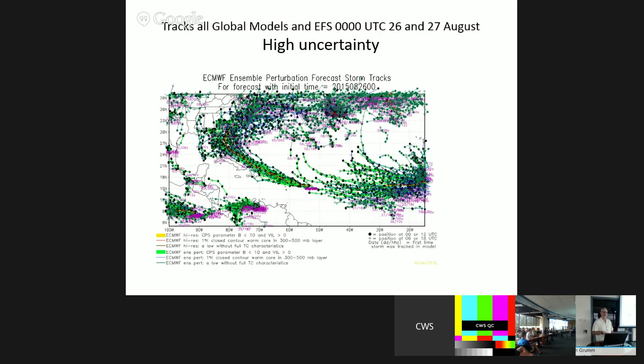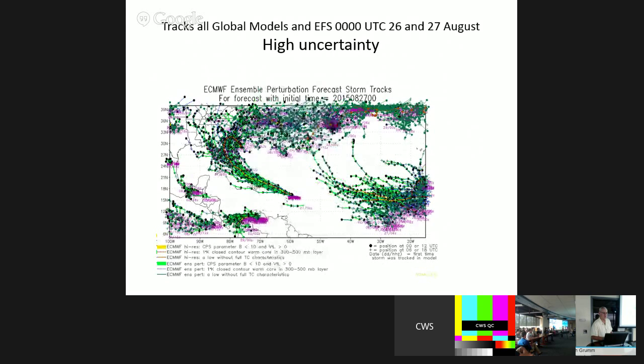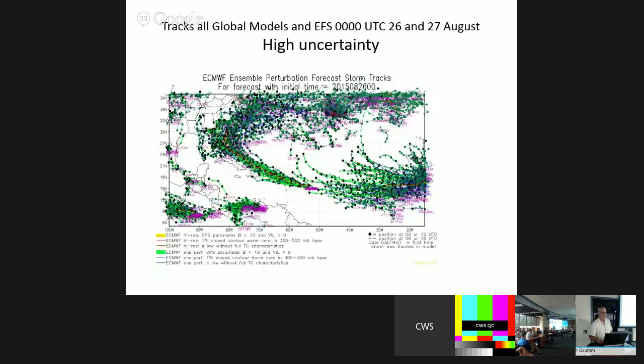So here's an example. This happens to actually be the European Center's 52-member ensemble from yesterday. It's the 26th. And the really bright yellow line is the mean. It's the high resolution in the control of the ensemble. But you can see the forecast of this cyclone that was supposed to come yesterday right over Florida. But as we went out in time, the track of the storm diverged. And then today, the models changed the forecast of the track of the storm. They shifted it probably a subtle 100 kilometers to the east. So you can see just in one day, it was a pretty big change in the forecast.